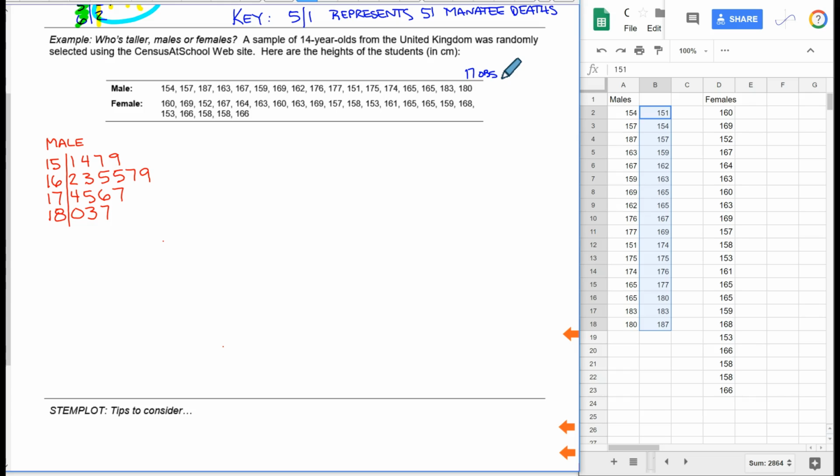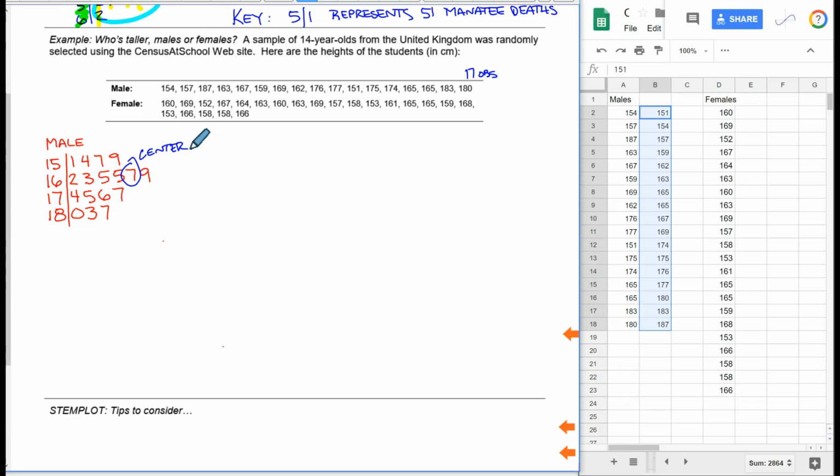So the ninth observation is going to be right in the middle. We'll have 8 below that and 8 above that. The ninth observation is right in the middle. 1, 2, 3, 4, 5, 6, 7, 8, 9. So right there is my center. And notice when I'm counting up from the center, I always start with the smallest observation and work towards the